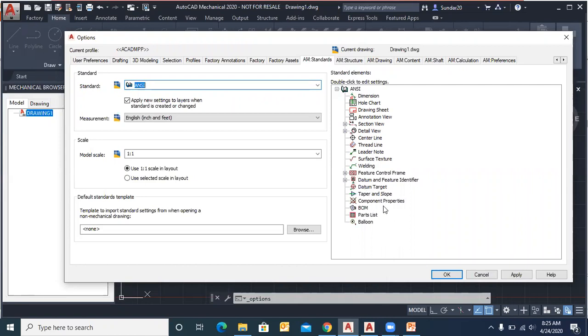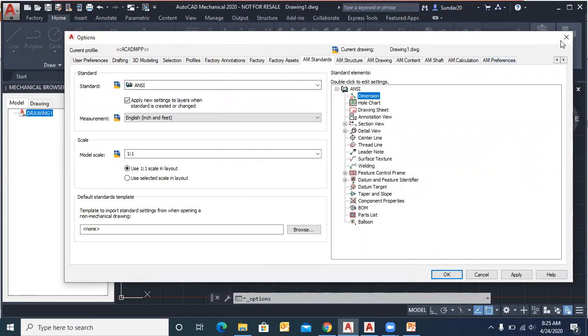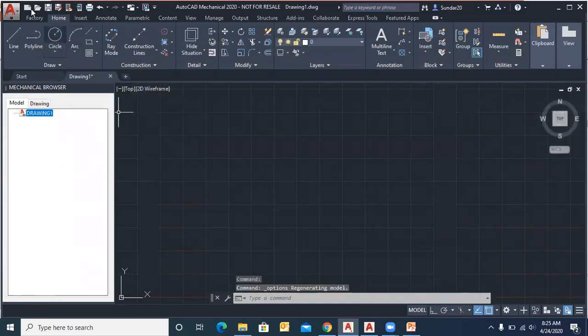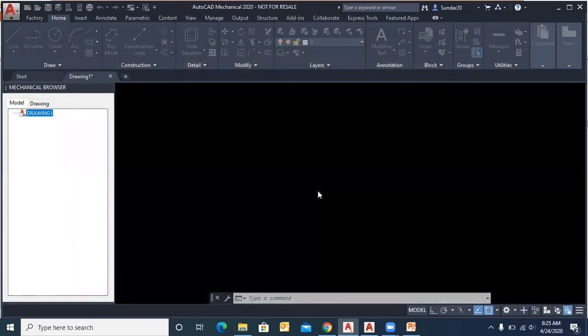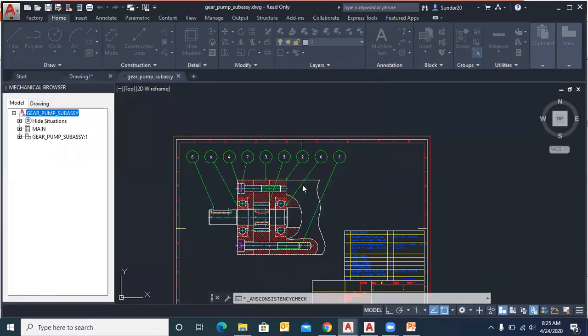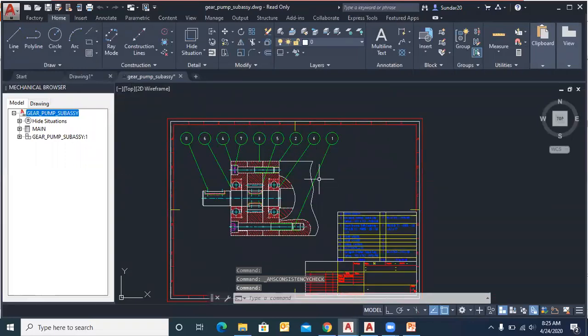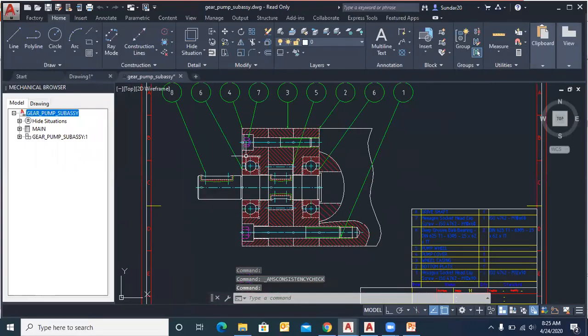And if you go further inside, if you want to change any of the settings, we can do that. Let's say if you want to change the settings of dimension, we can go to the settings, and we can change it how we need here. Okay, and let me open a drawing, and let me show you what the other differences are here. Okay. And if you see this drawing, it has some set of features which are present in AutoCAD